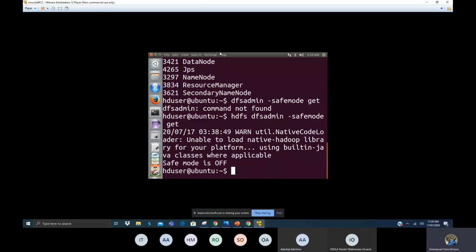Also, when you run an HDFS command, you get this kind of warning: "Unable to load native-hadoop library for your platform... using builtin-java classes where applicable." If you are getting this kind of warning